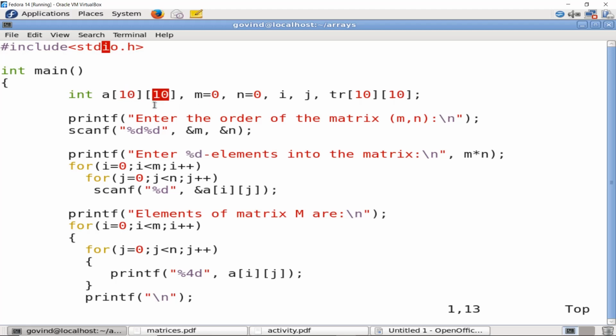So you cannot find the transpose of 11 cross 10 or 8 cross 11. Keep this in mind. At no point should the order of the matrix be greater than these two numbers. We will now see the second problem definition.